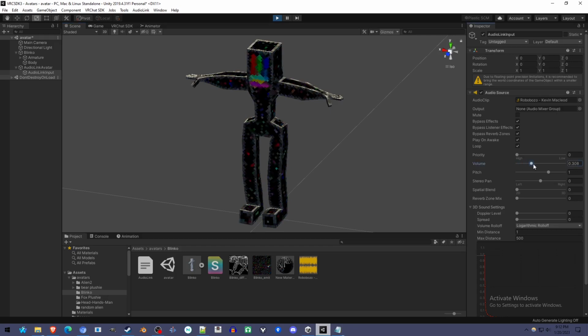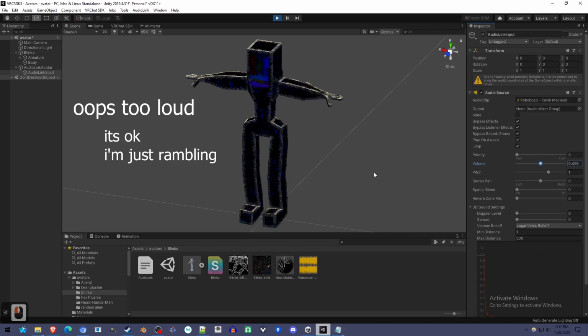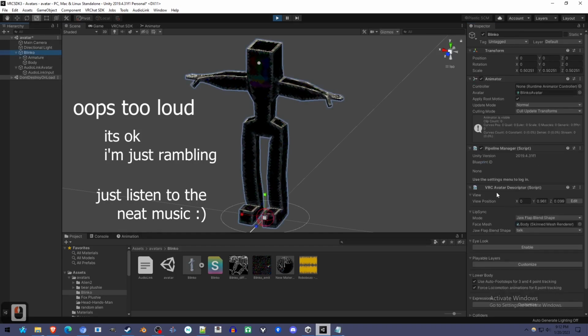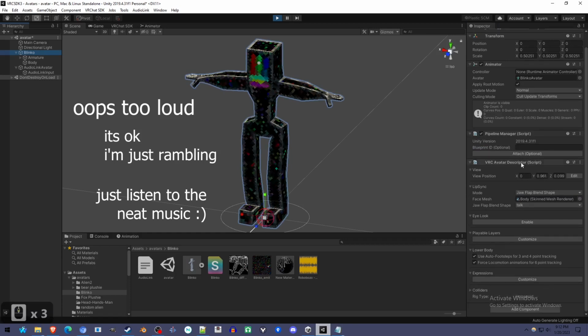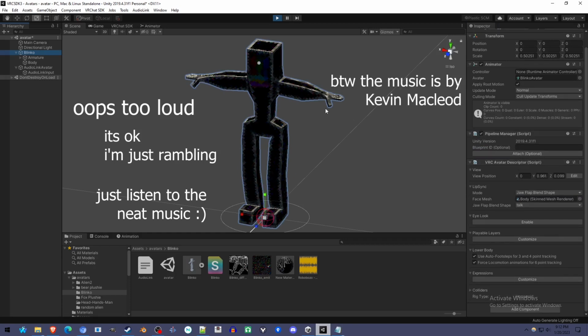It turns off by default. But there we are. We've made the shader. It's ready to upload. If your avatar is ready to upload, you have to grab the descriptor and stuff like that. And this is the shader that's on there, so when you go in the world, this is what's going to happen. You can do any kind of effect